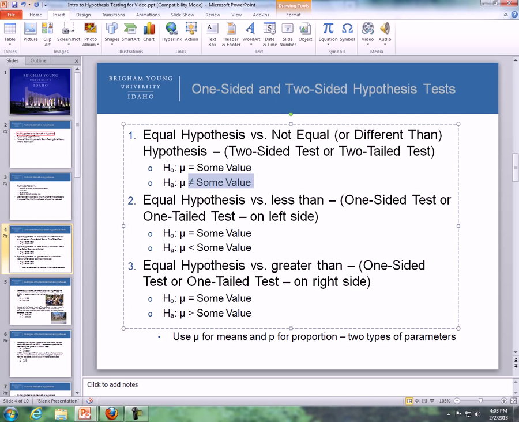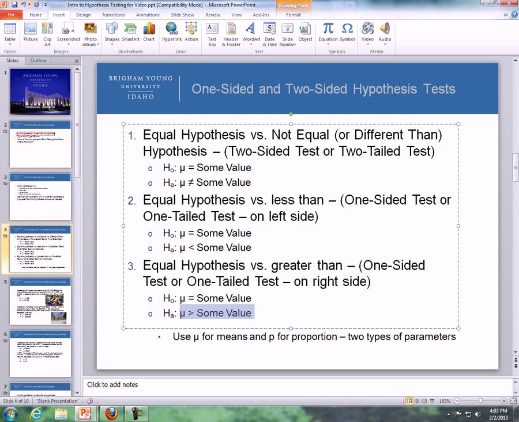Okay, or it could be another alternative hypothesis where the researcher thinks that the mean is less than some value. So the researcher thinks that men's heights are less than 70 inches, and the alternative in this case would be mu is less than 70. Or the alternative hypothesis could be where men's heights are greater than 70 inches. A researcher feels that way, and so in this case the alternative hypothesis would be mu is